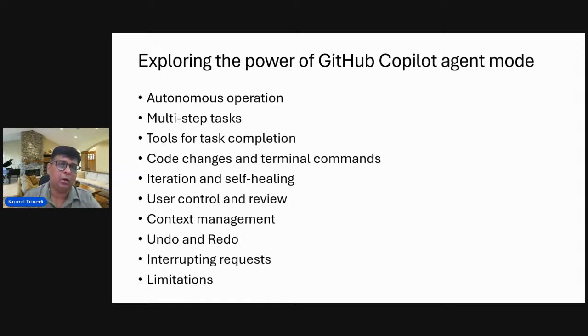Here we have the option of context management. For example, I have three pages. Now understand, the first page is my parent component, the second page is my child component, and the third page is my style sheet. So I can ask my Copilot agent mode that you have to take all these three pages in context